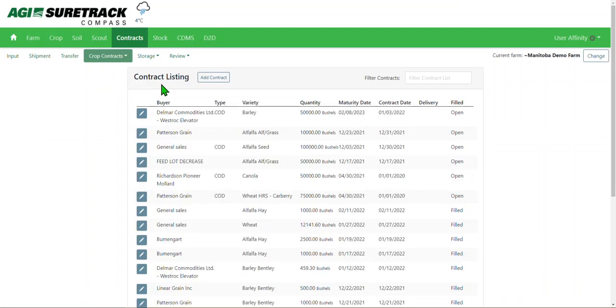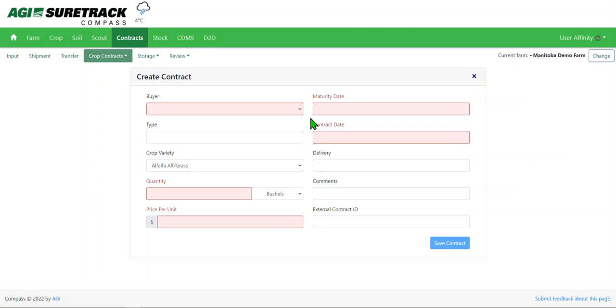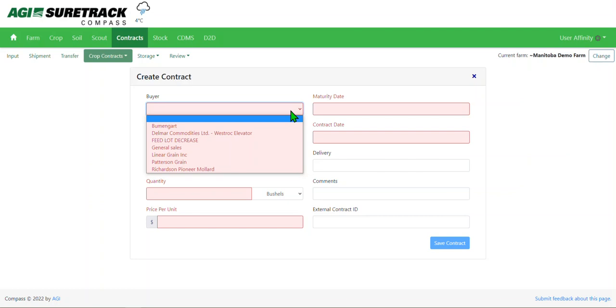This can be done either through listing and clicking Add Contract, or Contract Position and Create Contract. Both will do the same thing. Let's go ahead and click Create Contract. And as we stated in our buyer creation video, you do have to have a buyer for any contract you're creating in Compass. If you require some assistance in setting up buyers, I do encourage you to contact your AGI